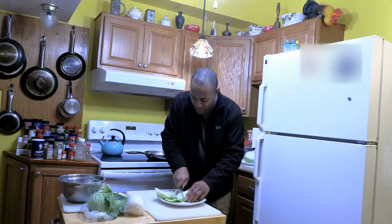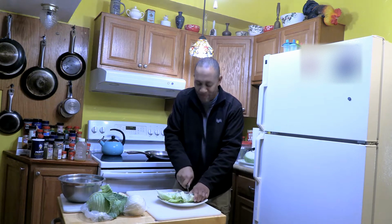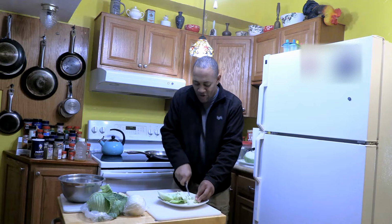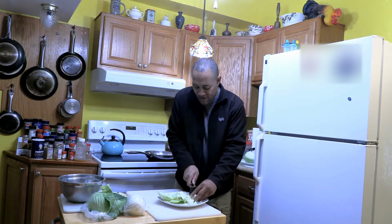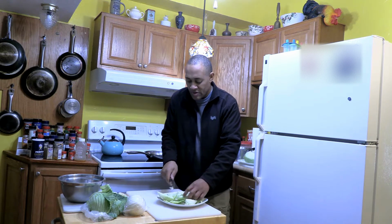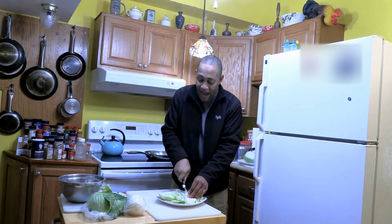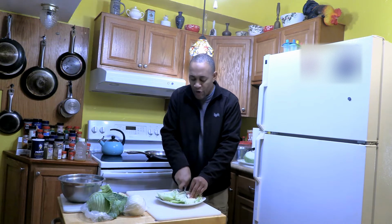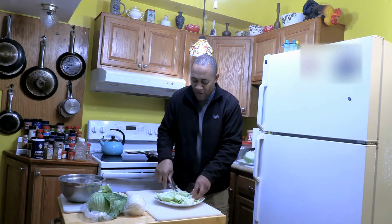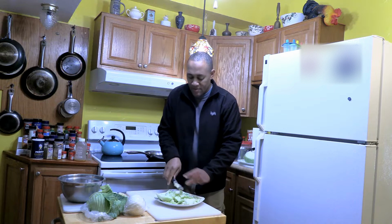Okay, so what I'm going to do here is cut my cabbage into pieces, because you don't need big chunks. It's cabbage. But here's the thing, cabbage is actually absolutely good for you. So even if you don't really like eating cabbage, definitely try the,